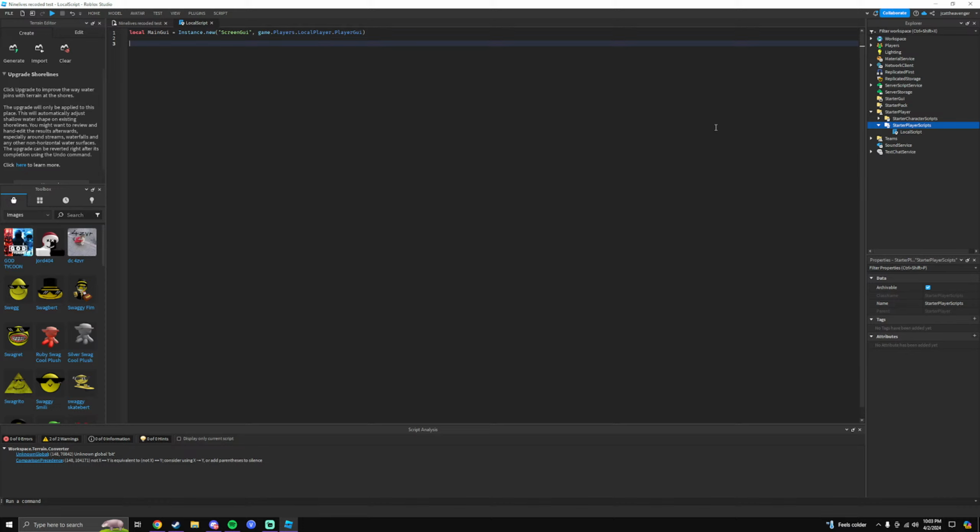Okay, and then local mainframe equals Instance.new frame. Parent that one to the main GUI, and then local